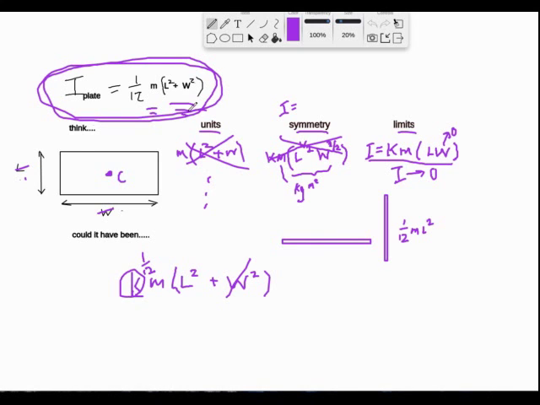And in fact, maybe as a fun question, I challenge you to see if you can come up with another answer that fits all three of these criteria: has the right units, is symmetrical, and behaves appropriately if you set either the width or the length